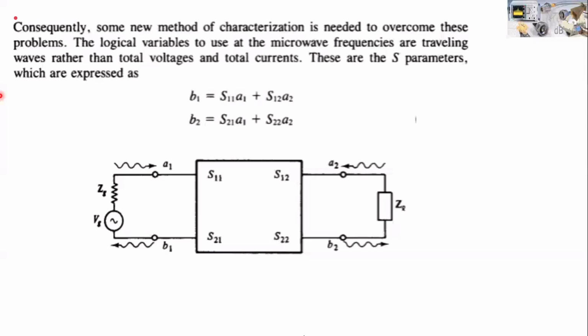So consequently, there is another set of parameters called S parameters, which, instead of taking voltage and current, take into consideration forward waves. Because of that, you can easily analyze the circuits. Basically, S parameters take the traveling wave, forward wave and reverse wave, and when two circuits are not connected or are terminated, the analysis of these waves becomes very easy using S parameters.